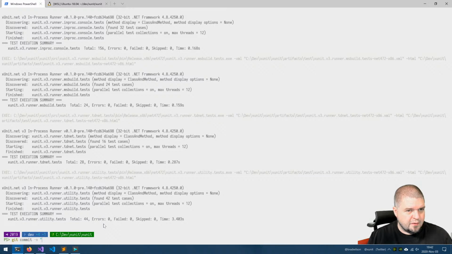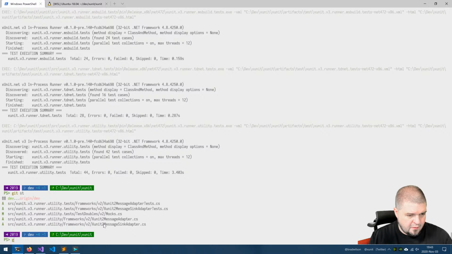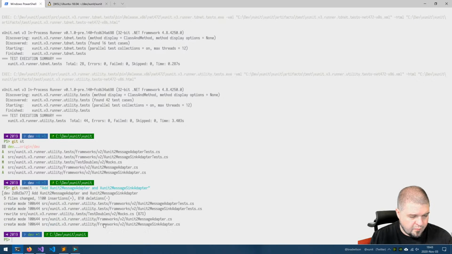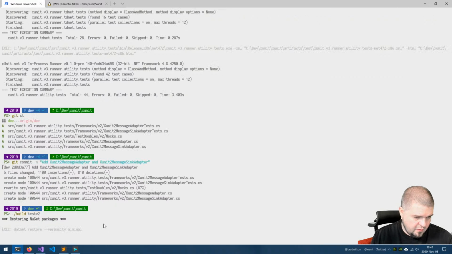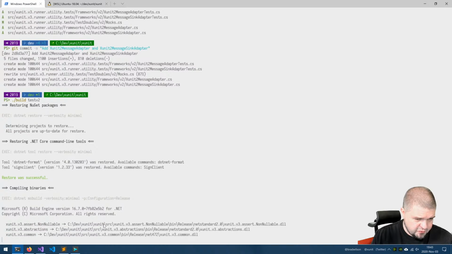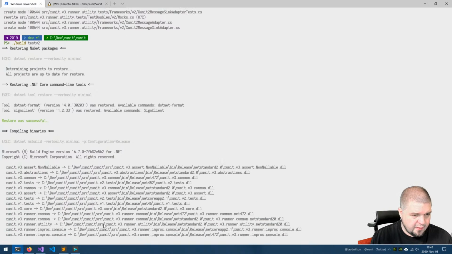So I want to call this add XUnit to message adapter and XUnit to message sync adapter. I think if I do build test v2, what I should end up with